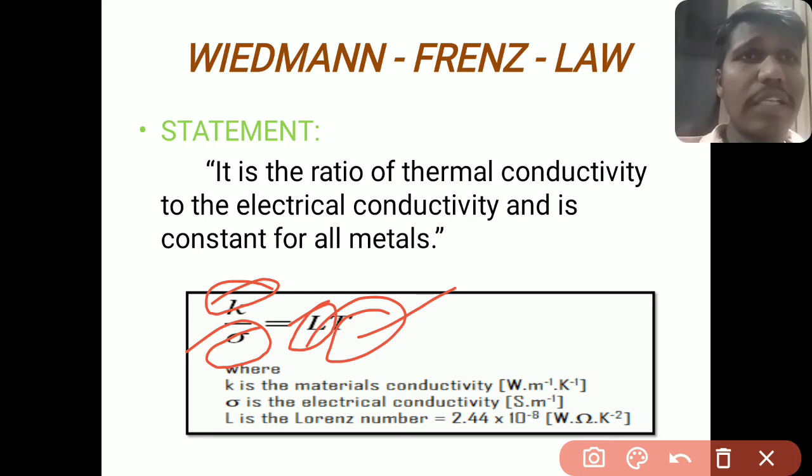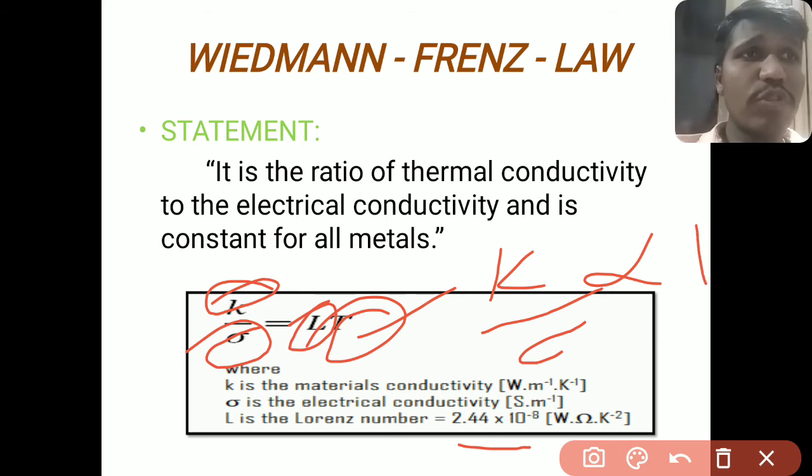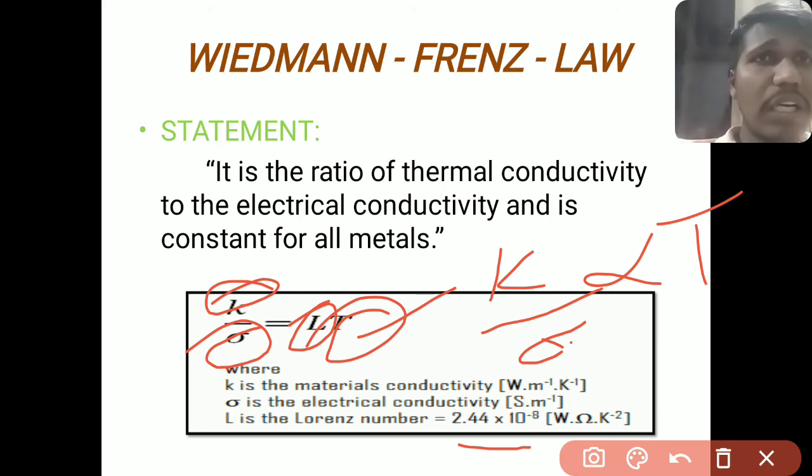Where L is called the Lorentz constant, with a constant value of 2.44 × 10^-8 watt ohm per kelvin squared. So we have taken the value as a constant. We have been told that K divided by sigma is directly proportional to the absolute temperature, which is also defined as the Wiedemann-Franz law. The Wiedemann-Franz law is the ratio of thermal conductivity to electrical conductivity, and it is a constant